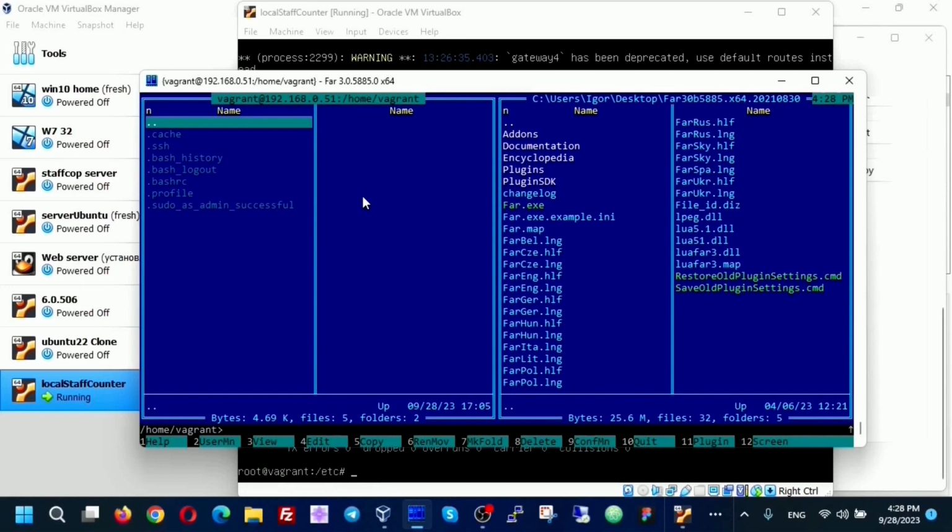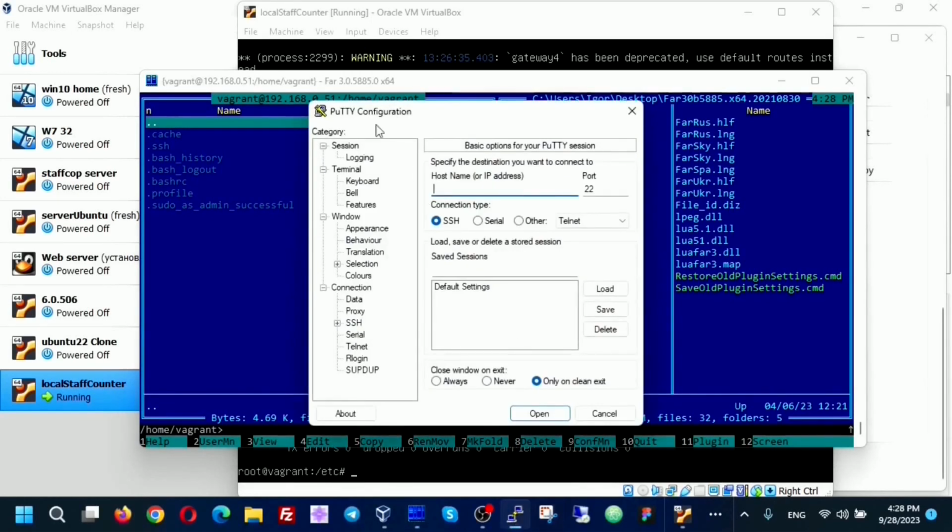What do we do next? Next, we will install many programs, and we will enter many commands. Therefore, it will be easier to work with another program, PuTTY. In PuTTY, we create a new connection using a new static IP address 192.168.0.51.